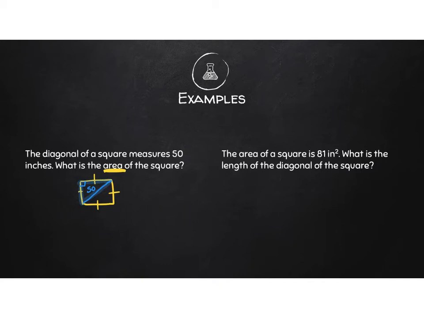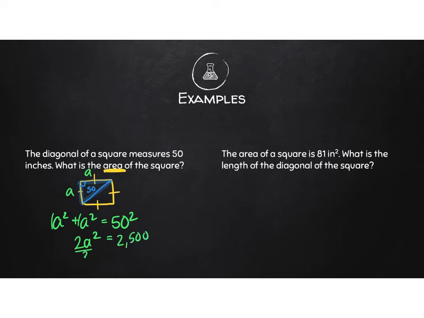We're going to go ahead and find the length of the side, and we're just going to call each side A because they're exactly the same measurement. We're going to call both those legs A instead of A and B since they are exactly the same measurement. So we can then say A squared plus A squared equals 50 squared. We're going to solve for A squared. A squared and A squared, there's really a 1 in front of them, so we can combine those to get 2A squared equals 50 squared, which is